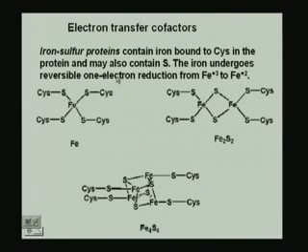Now, we also have certain proteins that can act as electron transfer cofactors. These are mainly iron sulfur proteins. They are just written as FeS proteins. They contain an iron bound to the cysteine in the protein, and they may also contain an additional sulfur. For example, if we look at this Fe, we have the Fe coordinated to cysteine residues in the protein, forming what are known as iron sulfur proteins that also play a major part in electron transfer, because they